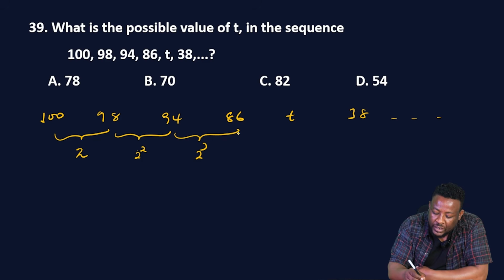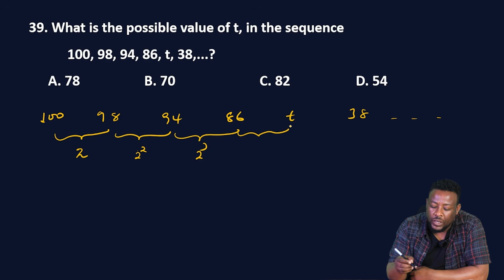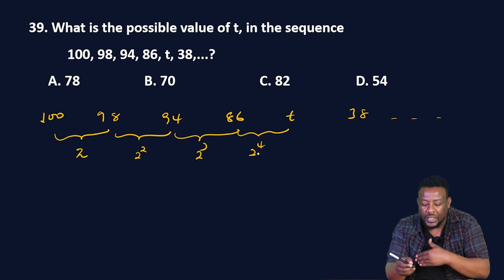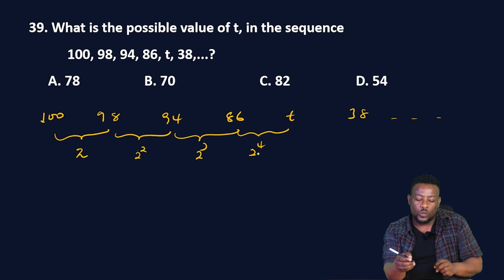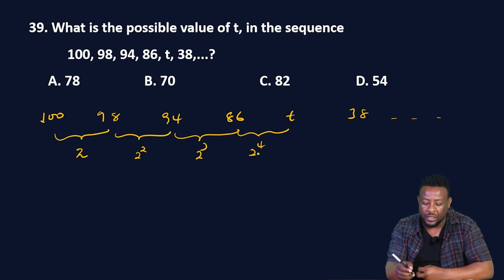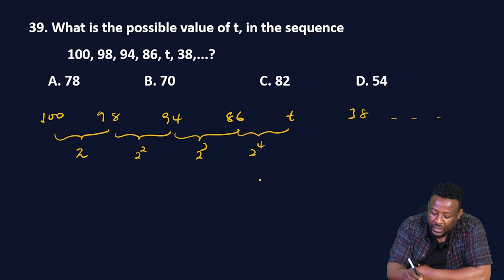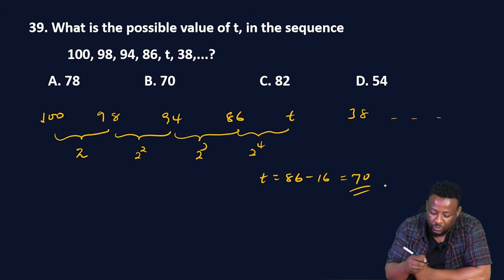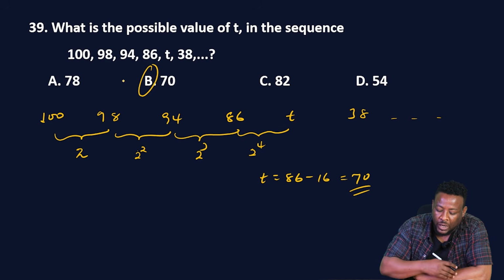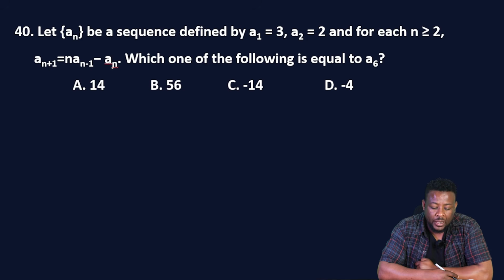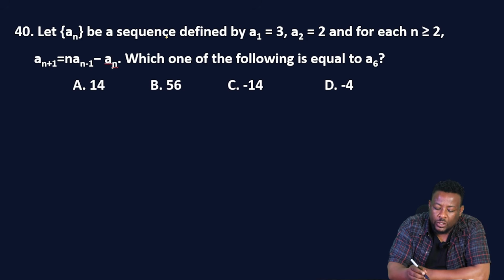So definitely the difference between 86 and t will be 2 to the power of 4. ያ ማለት 16 ነው ዲፍረንሳቸው ማለት ነው። እየቀነሰ የሚሄድ ዲፍረንሳቸው ደግሞ ጂኦሜትሪክ ሲኩዌንስ ፎርም የሚያደርግ ነው። ሶ በቲ እና በ86 መካከል ያለው ዲፍረንስ 16 ከሆነ የቲ ዋጋ ከ86 ላይ 16ን መቀነስ ነው, 70 ይሆናል ማለት ነው። ሶ የ39ኛው ጥያቄ መልሳችን የሚሆነው ቢ ነው ማለት ነው።